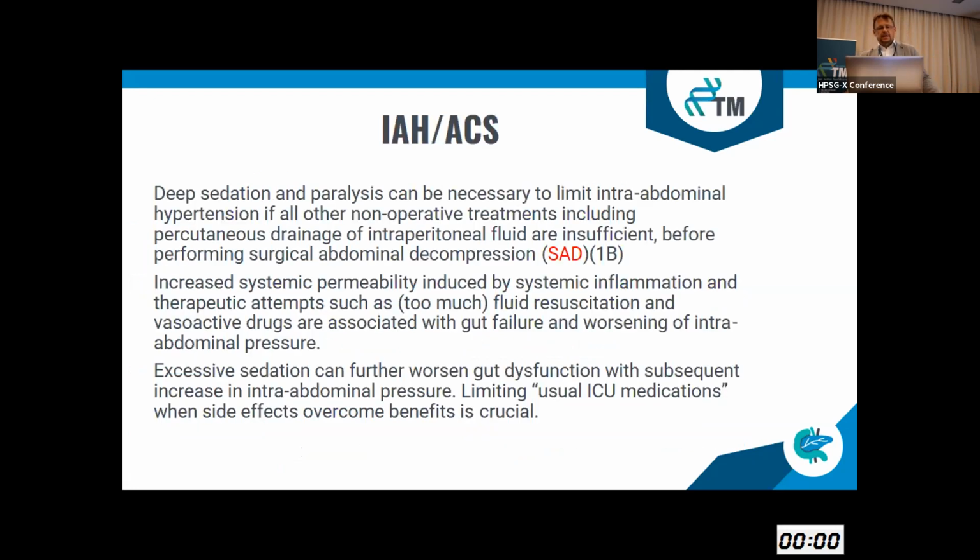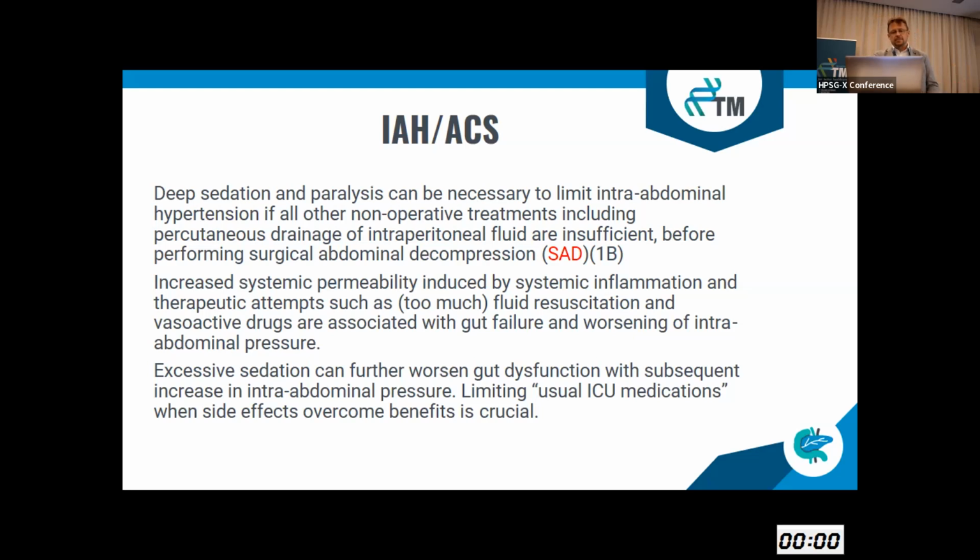And the last one, the fourth ICU problem is elevated intra-abdominal pressure. It means the patient's intra-abdominal pressure is more than 20 centimeters of water. And in this case, deep sedation and paralysis can be necessary to limit this procedure, and